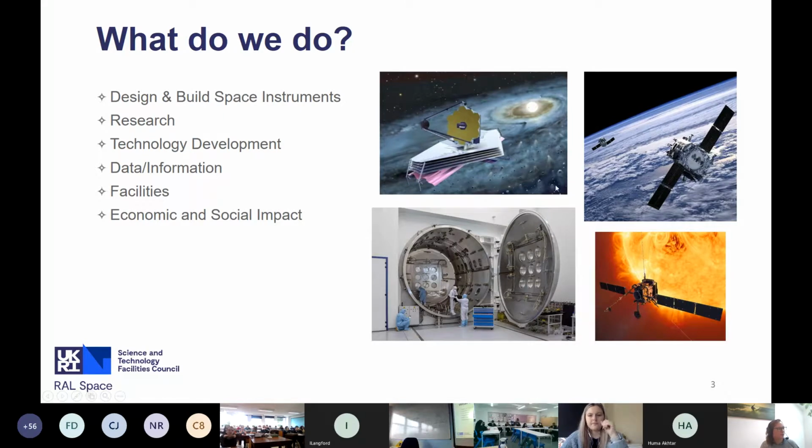This top left photo is actually a diagram of the James Webb Space Telescope, which the goal of this telescope is to look as far as it can into the depths of space and look at very, very old, distant galaxies and understand how galaxies have formed and how stars have formed. So this is more understanding the universe kind of satellite. So there's all these different types of satellites, lots of different functions, and we have a hand in how these